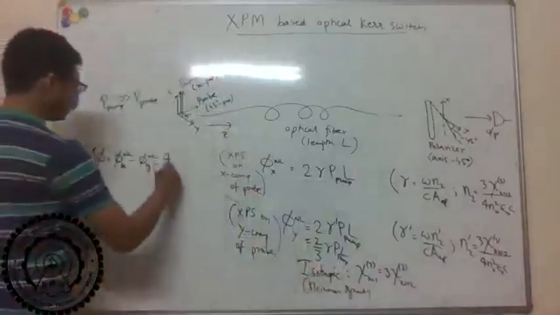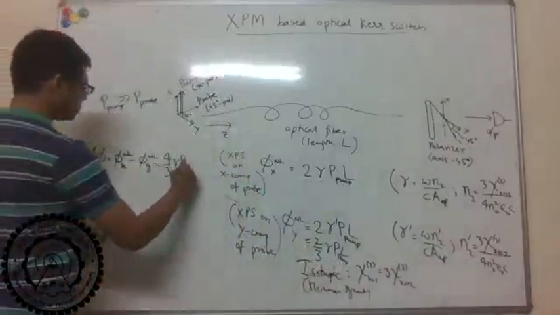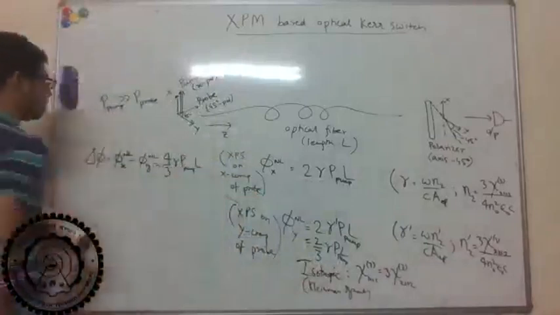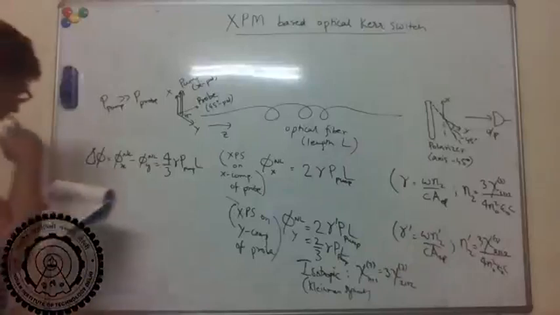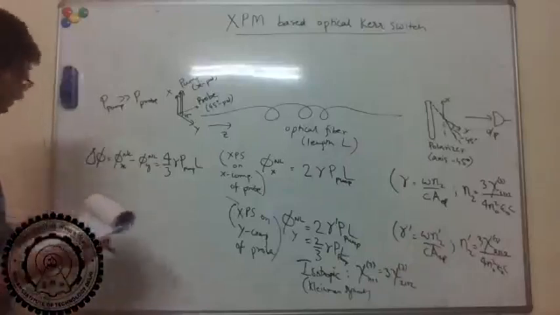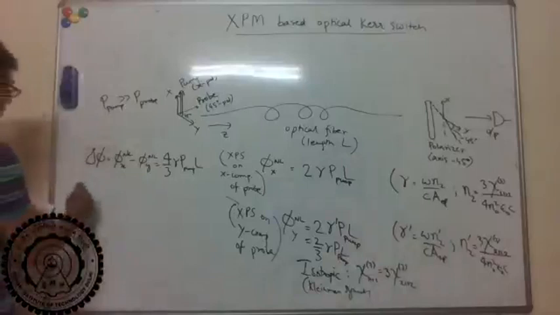So it gives me 4 by 3 gamma PL, right? So basically I can write, so the probe